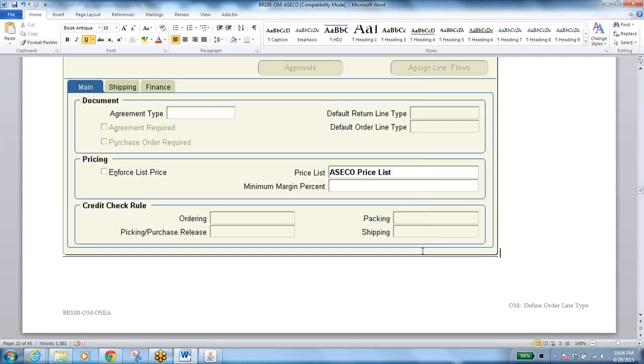And force price list price, this is a very important question. If somebody says that I want to use advanced pricing and the price should not be changed, how do you restrict the user not to change the price? Then you have to select this, force price list. That's it. Okay. Now,